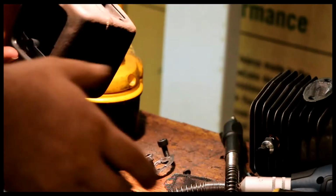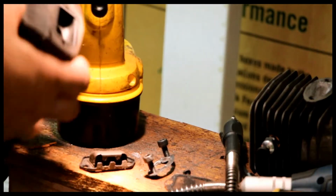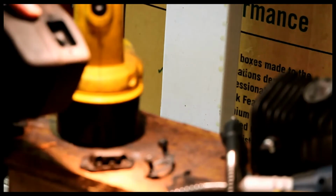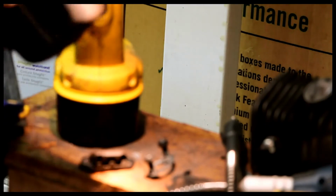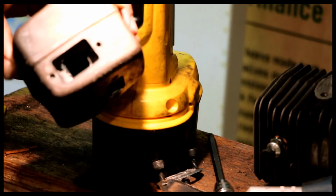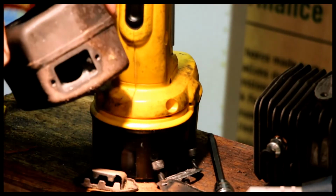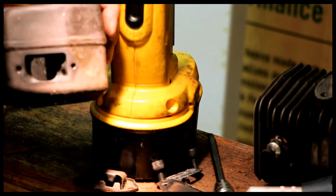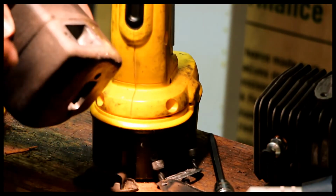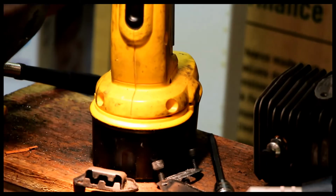So I want to retain the spark screen so I can still use it in the woods without starting fires. So I'm going to open the hole up with the Dremel, put this back together. Actually, what I'll do is I'll paint it first, then I'll put that back on it, and then we can start putting the saw together. Much better. I'll clean it, paint it, spark screen, deflector,